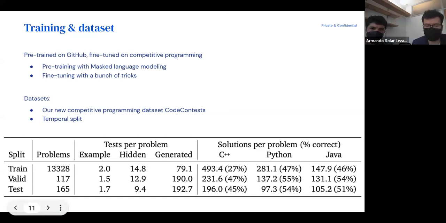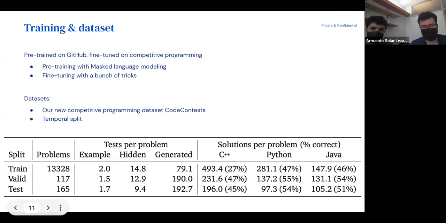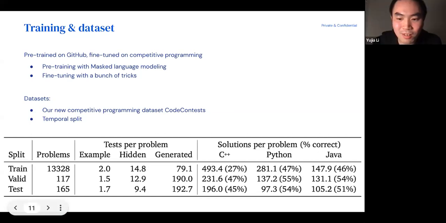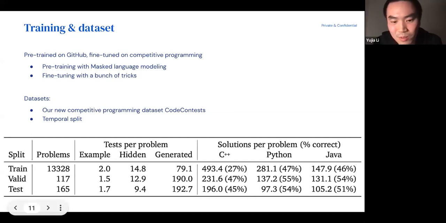I see. So this testing is basically only from those competitions that you have not seen, that were not available before you scraped the data. Yeah, we scrape all the data and then we made a temporal split, basically. Because our training set is so small, we want to use all of the available data for training as much as possible, and we use this small set of validation and test sets. That does give us some variance in our results, but so far we found this to still be useful in